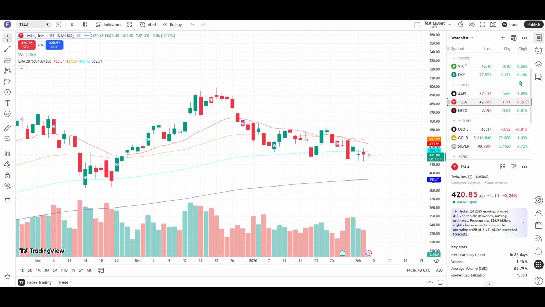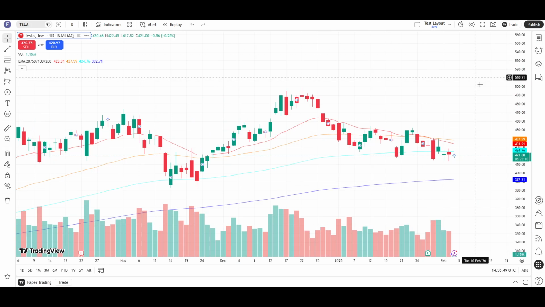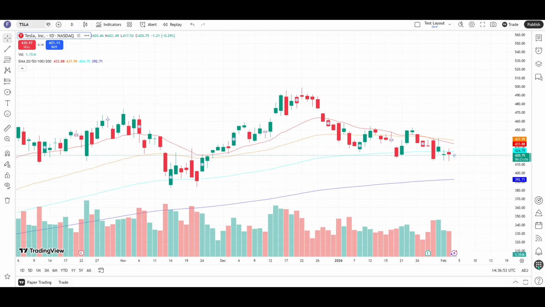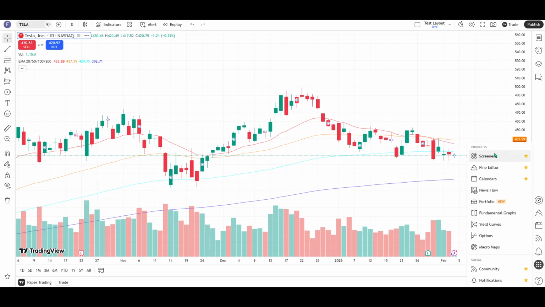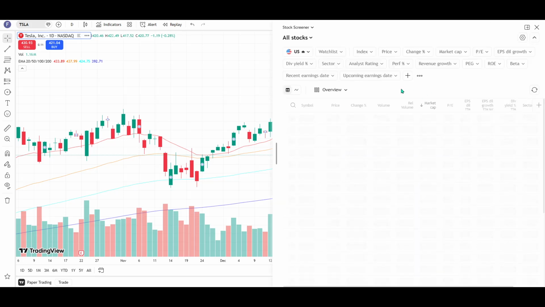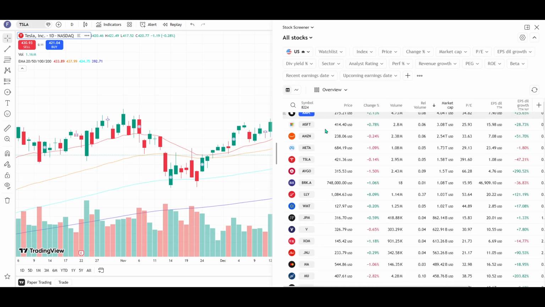On the TradingView interface, look toward the bottom right of your screen. You'll see a small grid-style icon. It's designed to open tools related to lists and scanning. Go ahead and click that grid icon. When the menu appears, choose Screener. That action opens the Screener panel, giving you a structured table of symbols and a powerful set of controls to